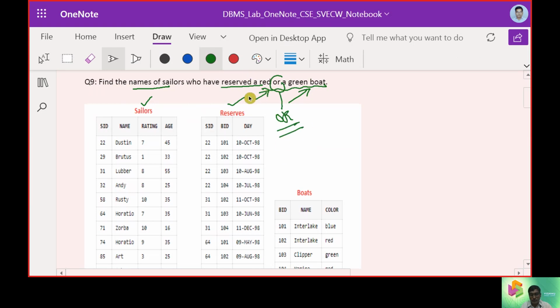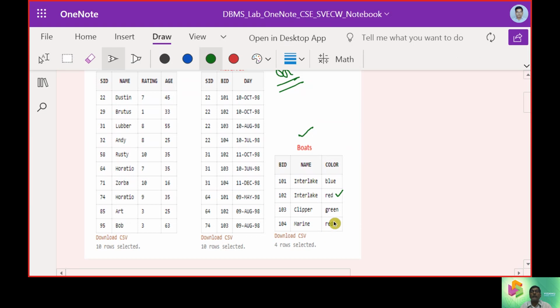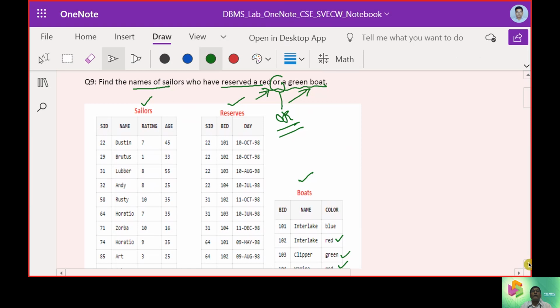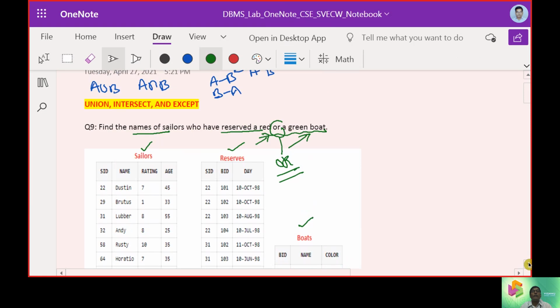We need to get the boat colors, and the boat color can be either red or green. So now we are at the part of an OR here.